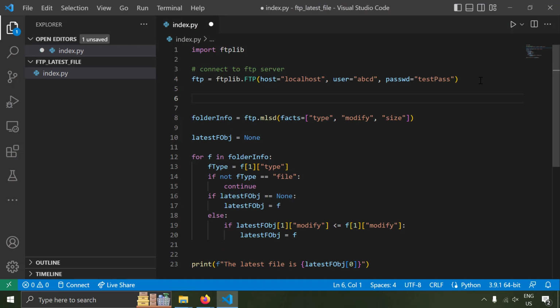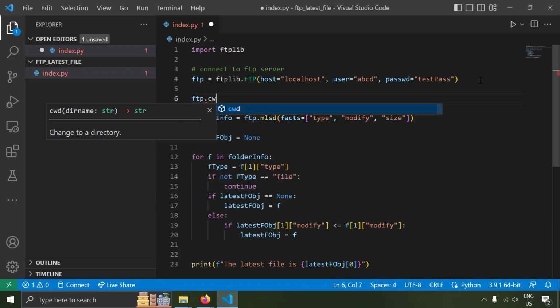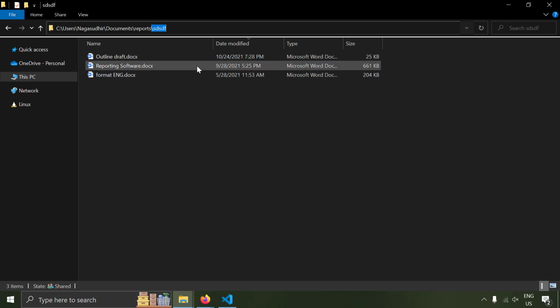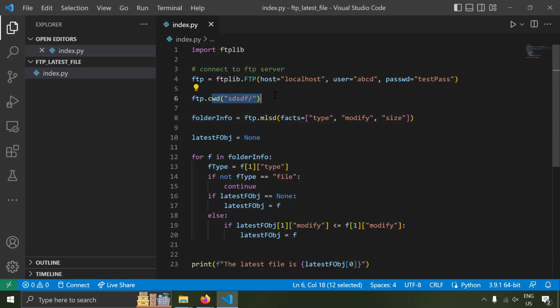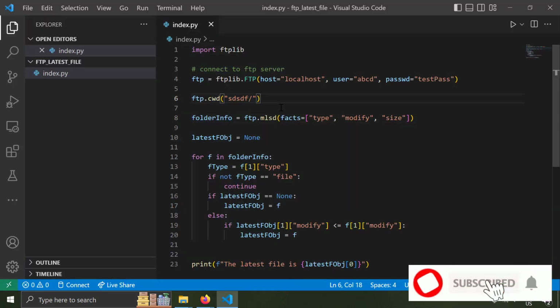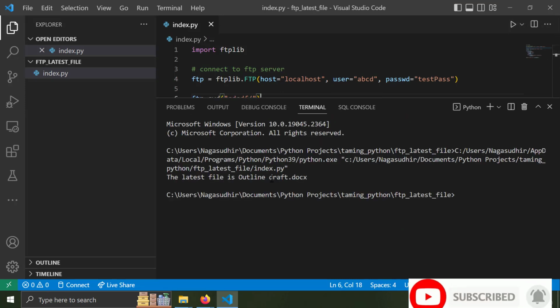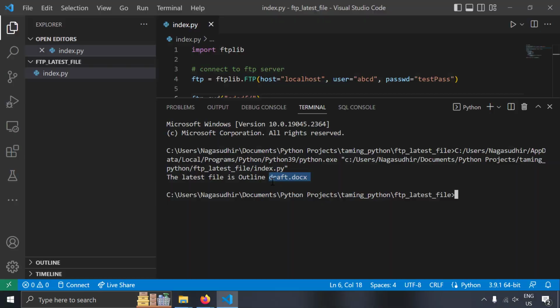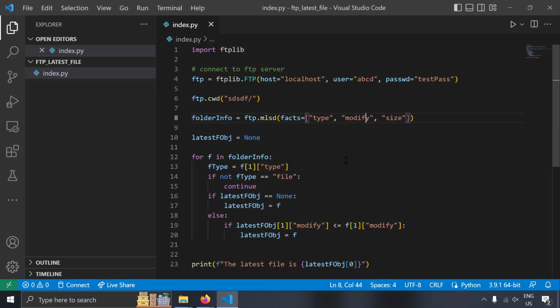Now you just going to change the current working directory. So I'm going to write ftp.cwd and change the current working directory. The current working directory is sdsdf. So I've changed my current working directory, and now the analysis will be done in the directory. So let's try to run this now, and the latest file is draft.docs, and if you sort this by date, the latest one is draft.docs, the outline draft.docs. So this way, very straightforwardly, you can actually determine what is the latest file in an FTP server using the